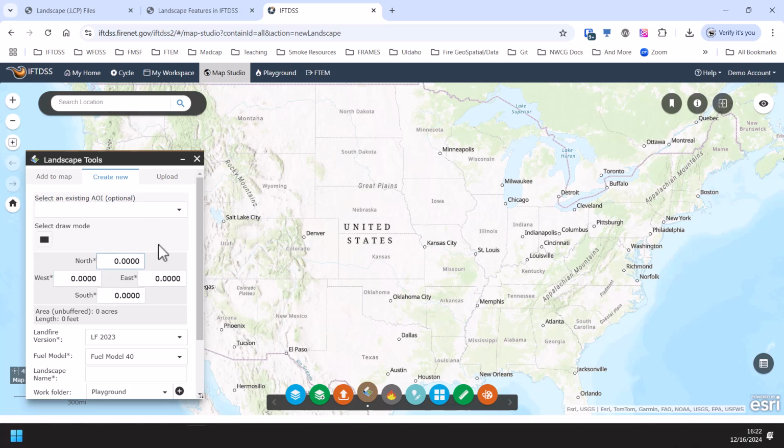So from this point, we could either select an area of interest to define our landscape area. You could select Draw Mode to draw a rectangular extent. Or these coordinates here that are listed when you draw or enter a shape, these can be edited as well. So if I just had coordinates, I could type these in here, and that would define the extent of our landscape. But we've already got our tutorial extent, so I'll just go ahead and go to Select an existing AOI,